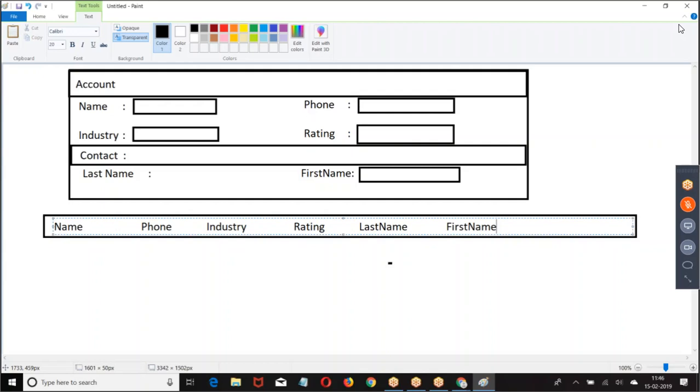Are you clear about this? Start doing this now. Done. Right. Got my point? So here in this case, account we have taken, contact we have taken, separately. But here the point is, we need the combination of one account and one contact, but there is no standard data type which is available. Then we are supposed to create our own data type, then use it.